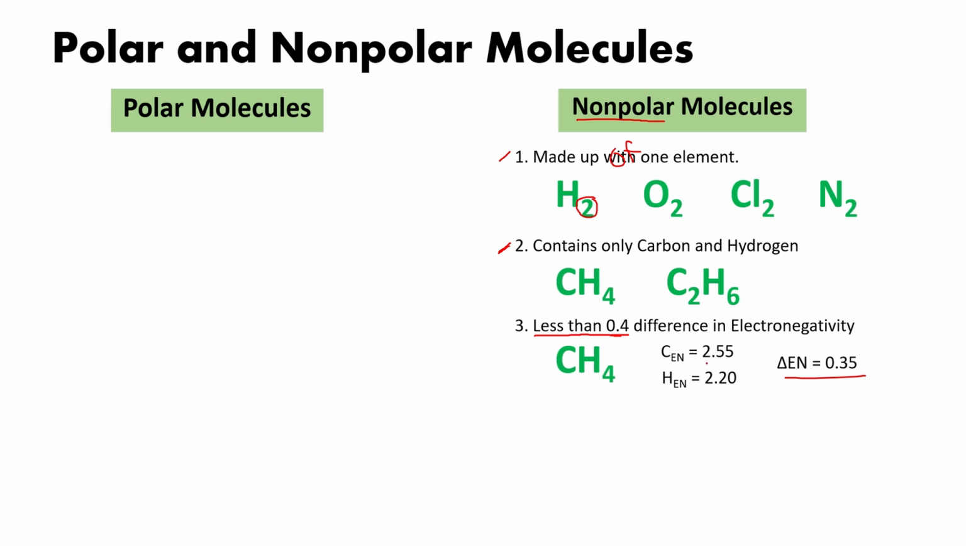So you just need to subtract them, the bigger number minus the smaller number, and the answer is 0.35. It means it's lesser than 0.4. Then we are certain that the carbon and hydrogen pair is nonpolar. Okay, and lastly,